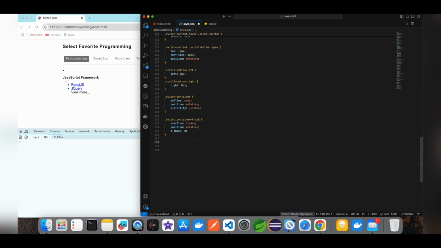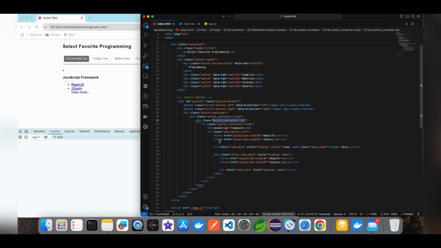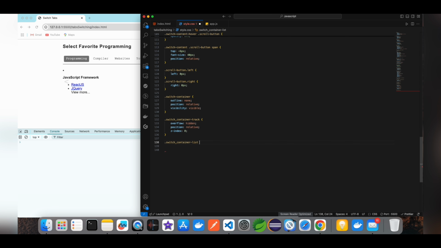Next one is this div. Basically this is not a div, you can take it as a UL. Here I use a div. WebKit backface visibility hidden, display as MS flexbox, display flex. So the above three are for browser compatibility, and height I want 100% for the respective div, margin 0, and